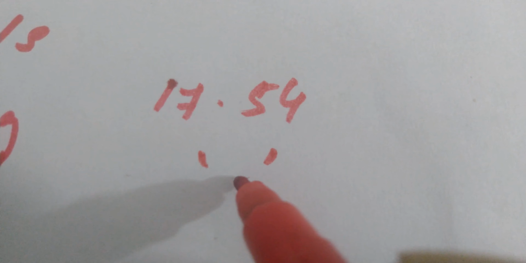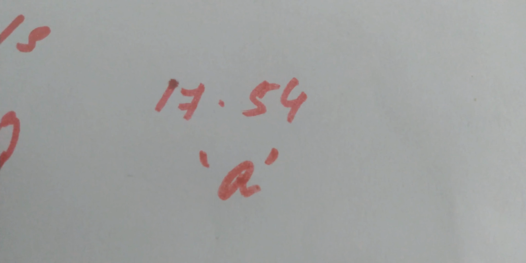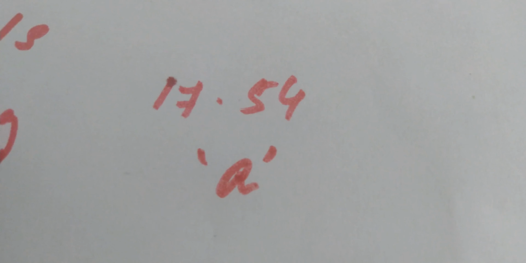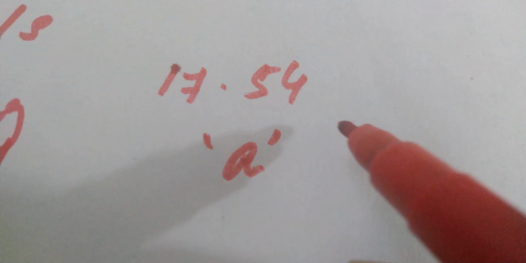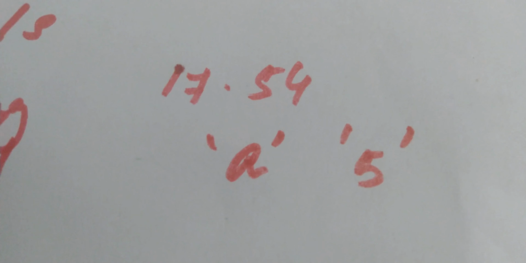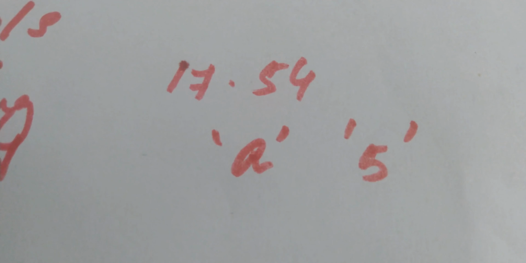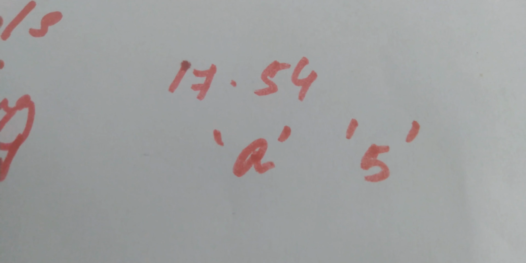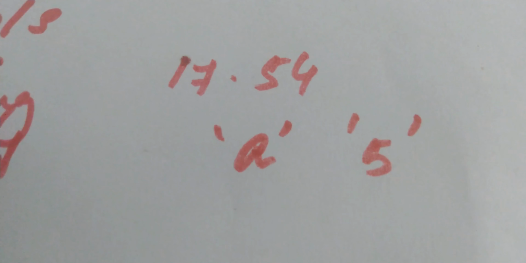And next comes single character constants. A single character constant is a single character which is enclosed within single quotation marks. For example, if I write the character A within single quotation marks, it is considered a single character constant. Even if I write 5 inside single quotation marks, it is considered a single character constant, because this 5 will act as a character and it will not have any numerical characteristics.